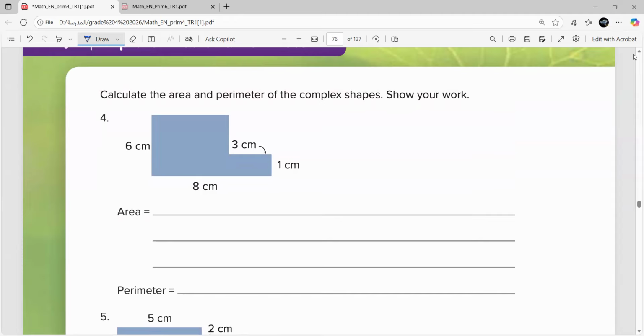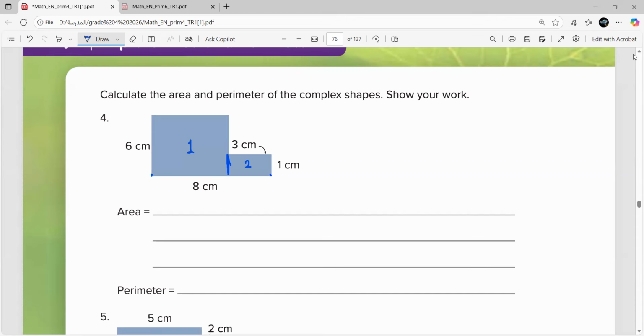So easy, we can divide it into two shapes like this. Draw a line like this. Now we have two shapes. We have rectangle number one, we have rectangle number two. The shape number one, what are the dimensions of the shape? Dimensions means length and width. 8 is the length of this side from the starting point to the end point, 8